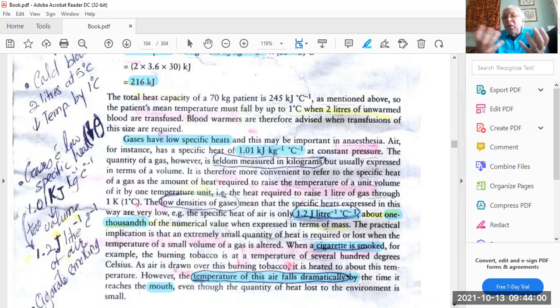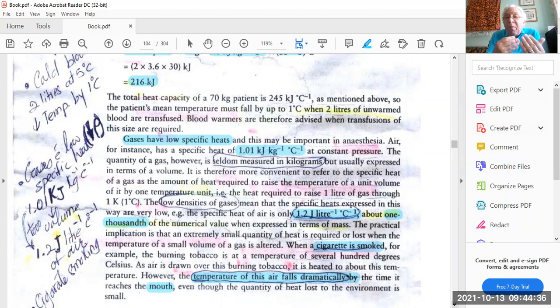In kilograms, of course, we always represent gases by volume, not by kilogram. However, the specific heat of 1 kilo of air is 1.01 kilojoule for each kilo for each degree Celsius. These 3 items represent the unit of specific heat. You see, whenever we use gas, we always transfer it to a volume, so that it